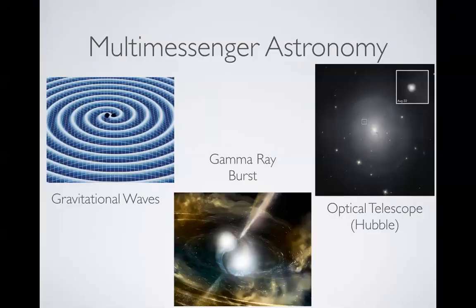So this is what's now called multimessenger astronomy, where we can look at the same event through multiple ways: gravitational waves, optically, gamma rays, X-rays, well, mostly gamma rays for this sort of collision, neutron star merger. So having multiple ways to look at it is going to allow a better understanding of what's happening, rather than just only having gravitational waves or only having electromagnetic radiation.